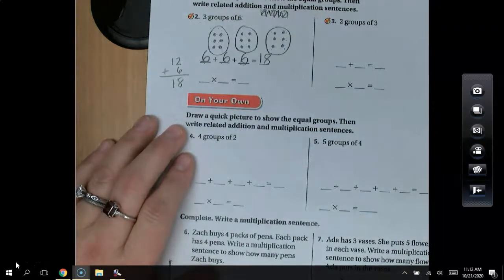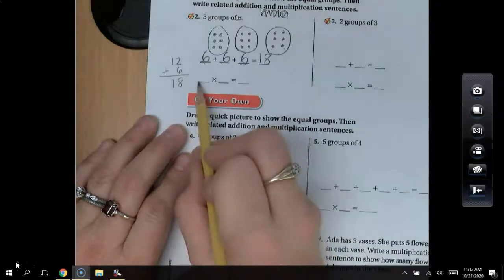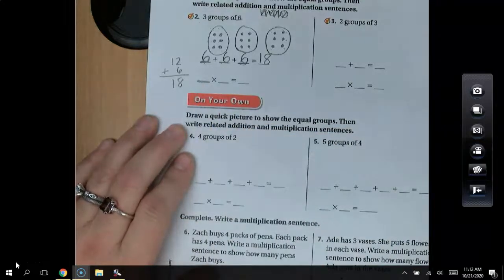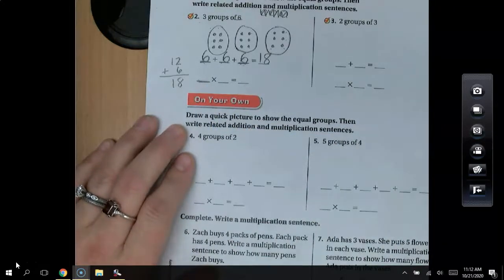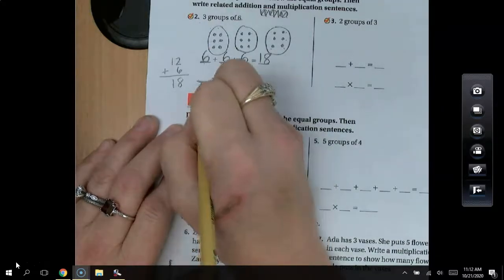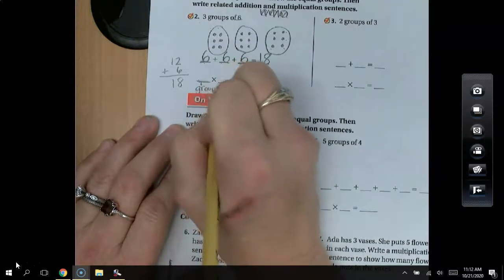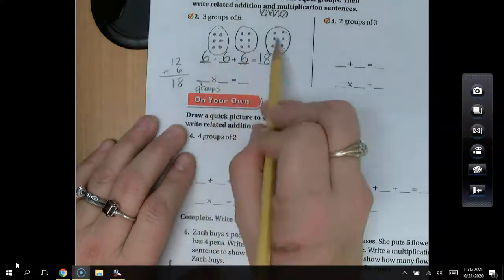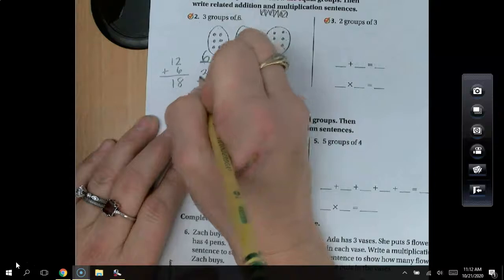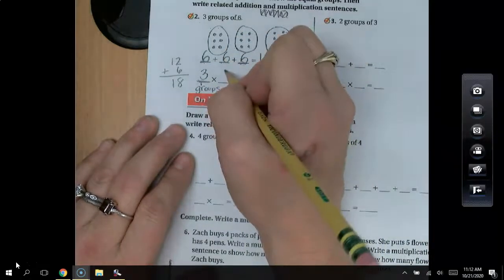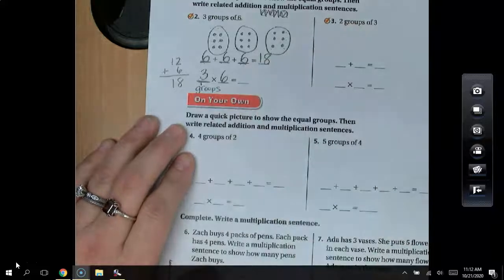Now we can write a related multiplication fact. So my first factor, remember factors are the numbers that we multiply to get our answer to a multiplication problem. My first factor is how many groups I have. My first factor is my groups. Well, how many groups do you see? 1, 2, 3. You see 3 groups. How many are in each group? 6. Boys and girls, 3 times 6 is